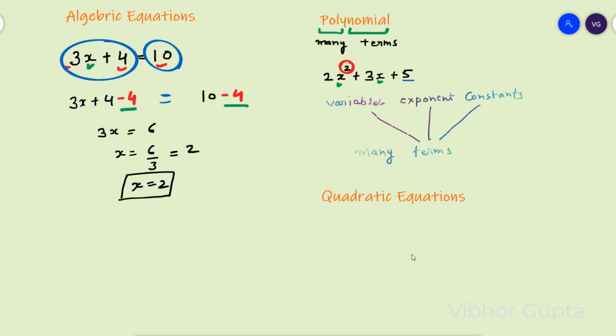Now let's understand what are quadratic equations. So a quadratic equation is a special type of polynomial with quad or square, right? So like here in this above example, this was nothing but a quadratic equation, because here you see that the degree of this polynomial is 2, right? But if it was 3, then it would not be called a quadratic equation, right? So the syntax for a quadratic equation would be ax square plus bx plus c, right? So here the degree of this equation is 2, and that is why it is called a quadratic equation.